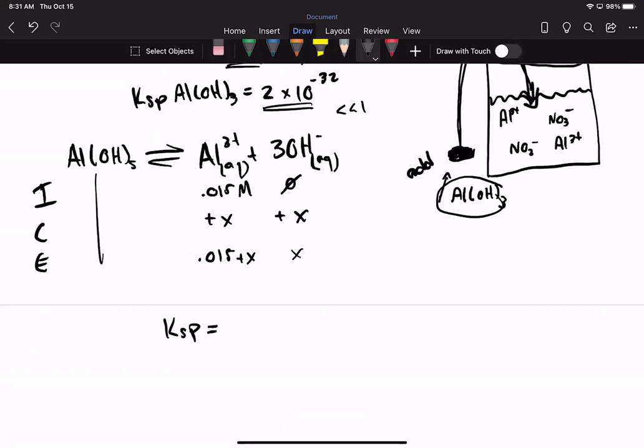This should be plus 3x, don't want to forget that. Write it off to the side here. We're going to make an assumption here. So we're going to say